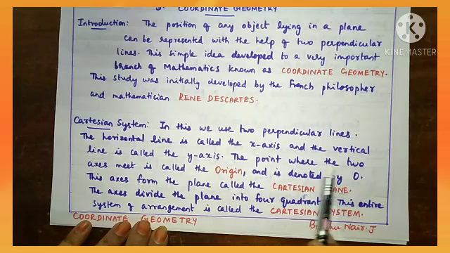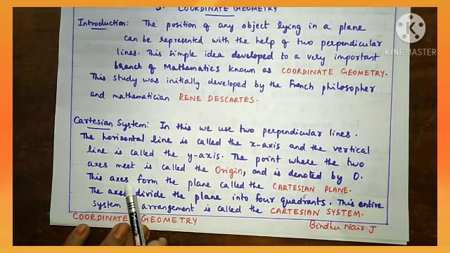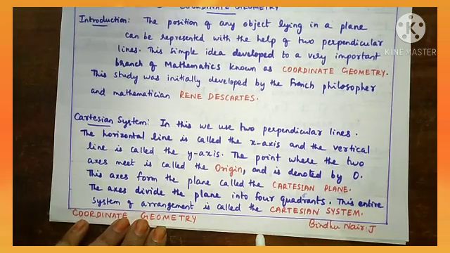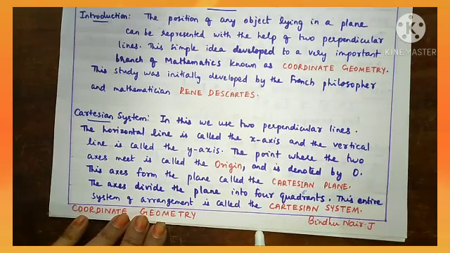The point where the two axes meet is called the origin. The intersection of the x-axis and y-axis is called the origin and is denoted by O. These axes form the plane called the Cartesian plane. So the x and y axes with the origin O in the center,